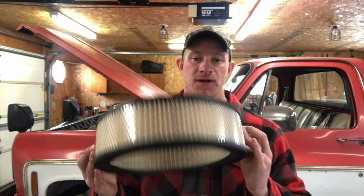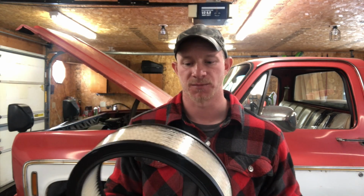Next thing to replace during your tune-up is your air filter. Air filters come in many different brands and shapes and sizes. I recommend getting a decent brand. I usually go with Wix. You really can't go wrong with Wix. This is an STP. Once again, on this old work truck, I just went with something a little bit cheaper,